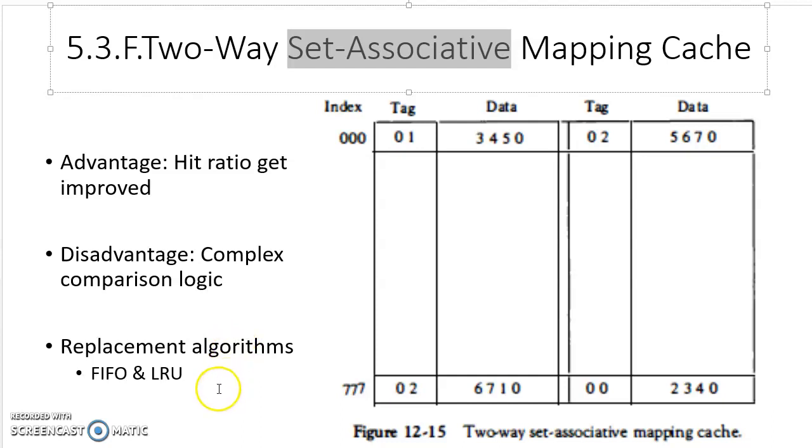FIFO, first in first out, LRU, least recently used. We will discuss this in the next topic also, virtual memory, because there also we are going to use the same algorithms, but the nomenclature will change. Instead of pages, there we will refer to the memory with some other word, but the replacement is required. There we call it a page fault, I think. We will see later. So replacement algorithms are very important. We will see an example.